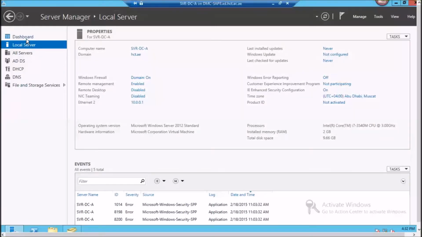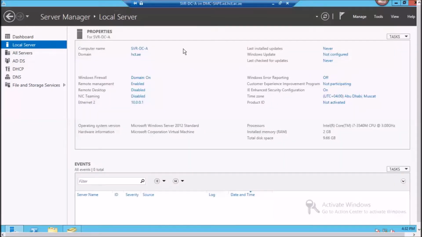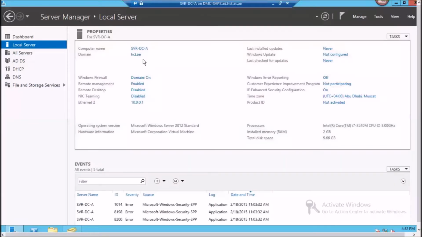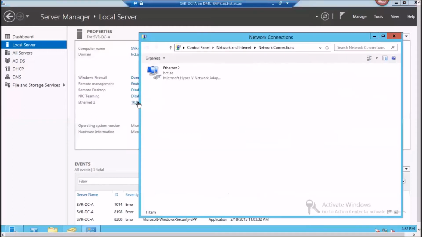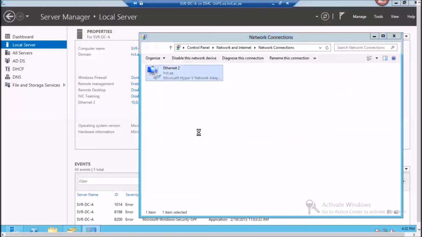Okay. So usually when the server manager starts, you will be in this screen. Okay. And you can see local server. You want to configure anything for this server, you click the local server. Remember, we changed the computer name. Similarly, for the IP address, you have to go to the Ethernet, click this, and set your IP address for your network interface card, isn't it?